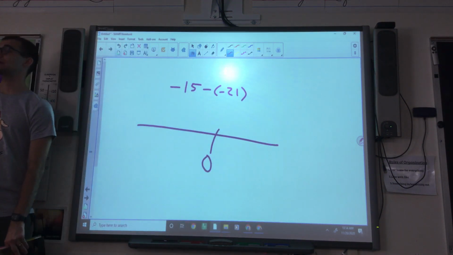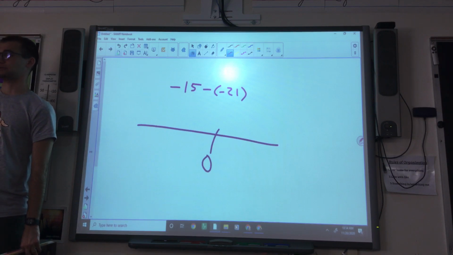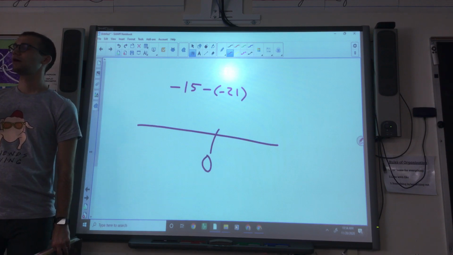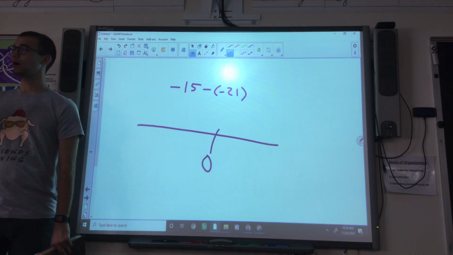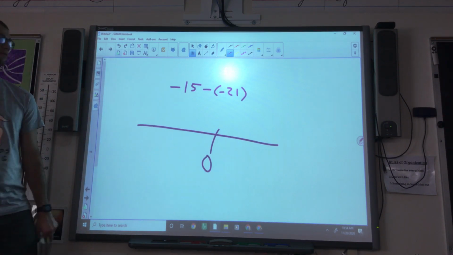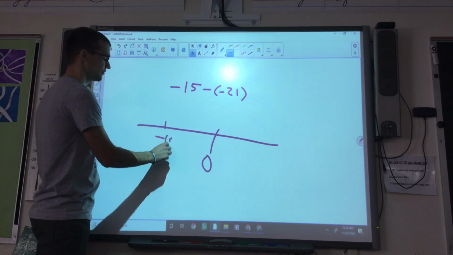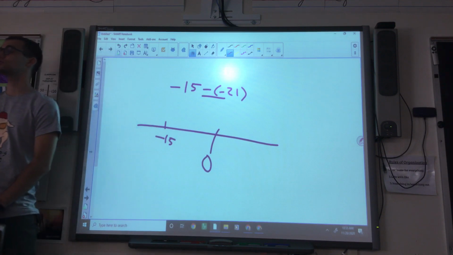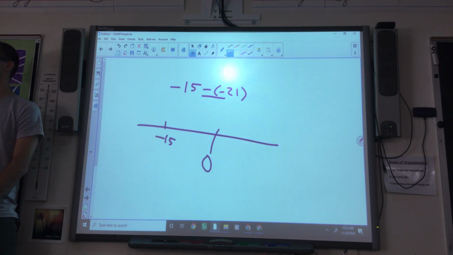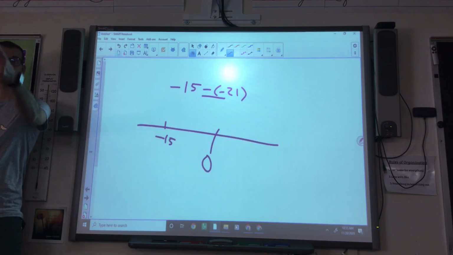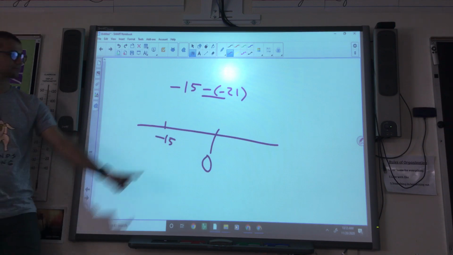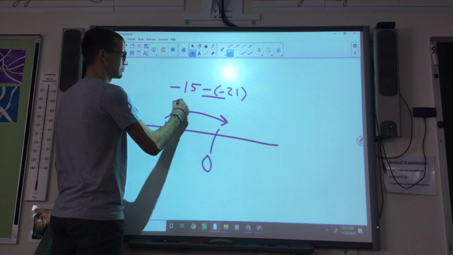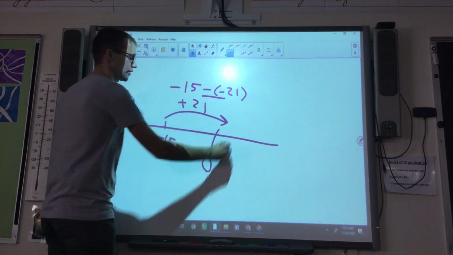Let's start with the number line. This is why I tell you to start with number lines. I changed my opinion. I want number lines for the whole assignment now. So I start off at negative 15, and I'm subtracting a negative 21, which means I need to go backward. No, you have to add it. Subtract the negative means you're adding, so you need to add 21, which means you're ending up at,